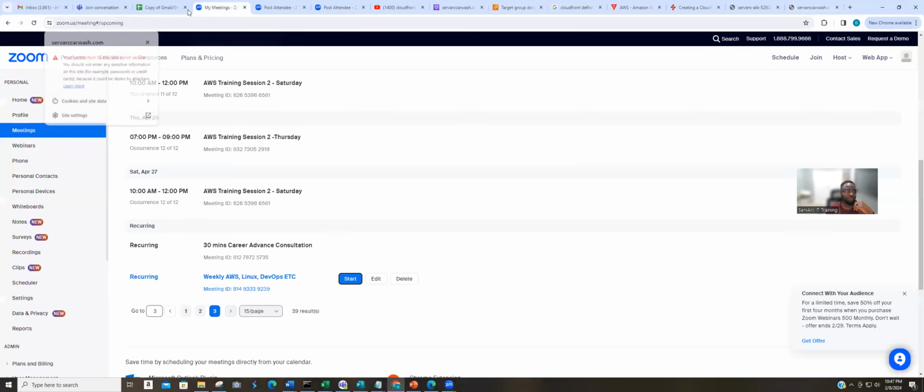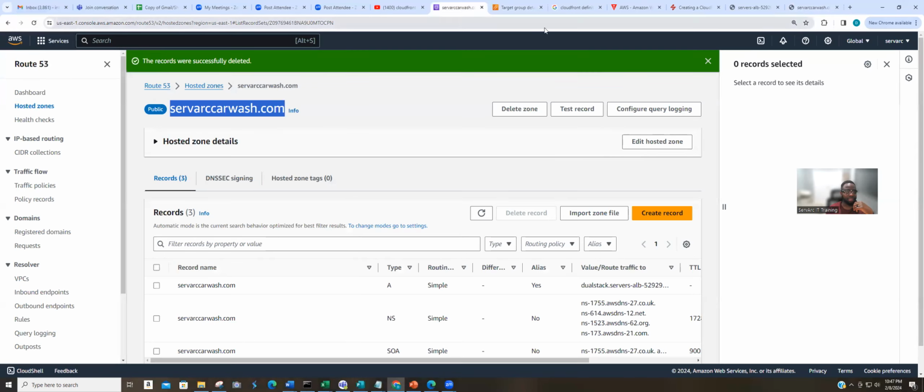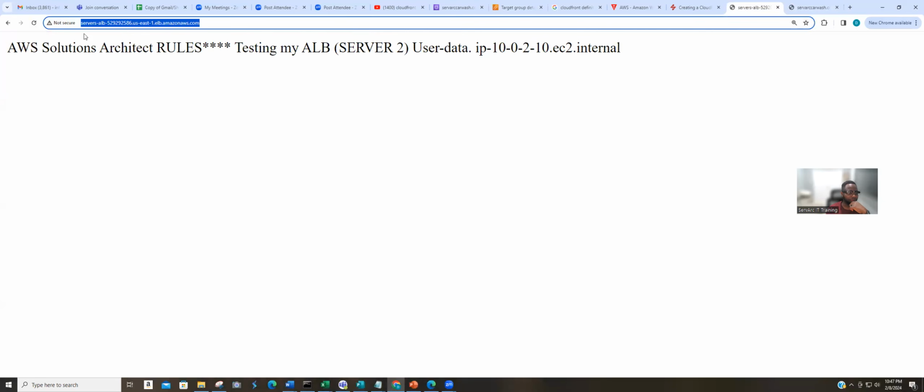Now, how do we secure this? How do we secure this traffic flow? Because every other website that you go to has this lock on it, right? How do we ensure that this website is secure? There's a solution within AWS that we have to use. It's called,